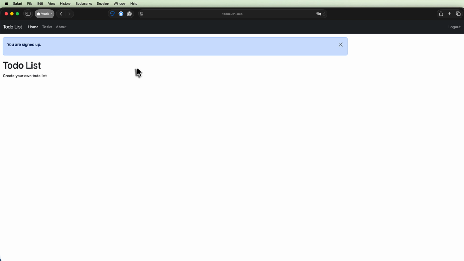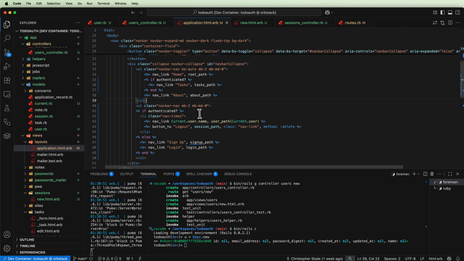And not only are we signed up, but we're also logged in. Another thing we can do back in our application layout file is create a link to the current user's profile. The current user is the user that's logged in. So we got that current model, and hopefully you learned about that in class or some other way. We're getting the user that's logged in, printing out their name,